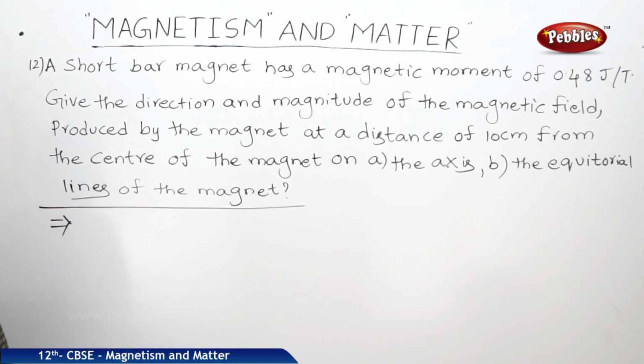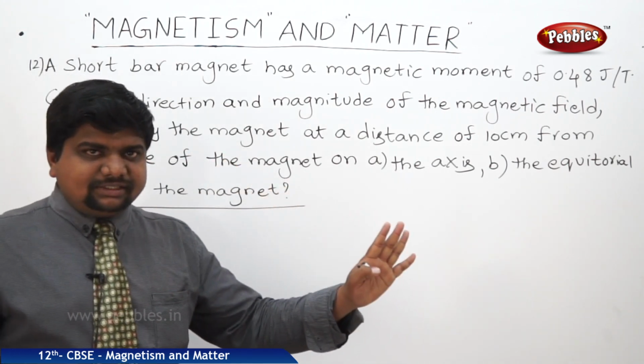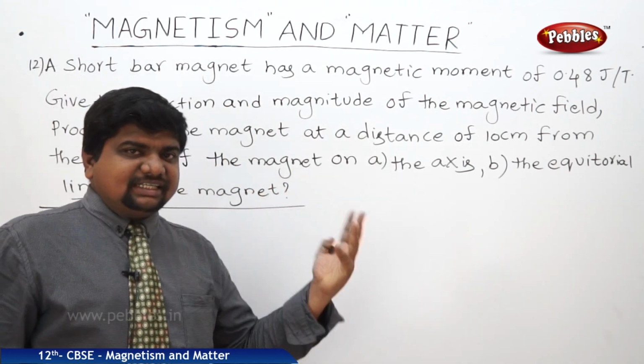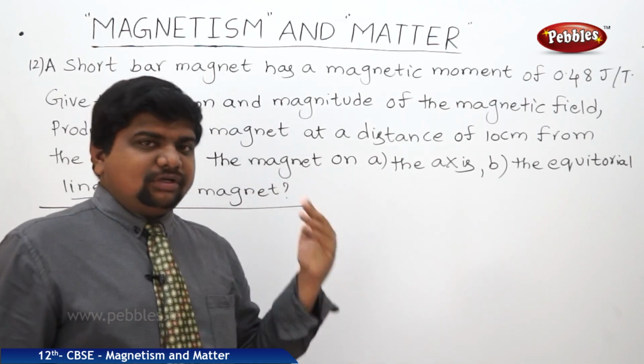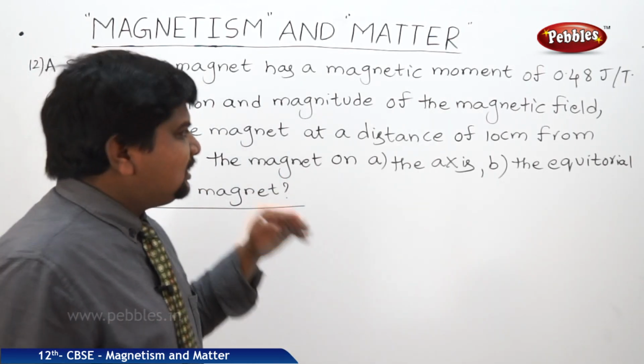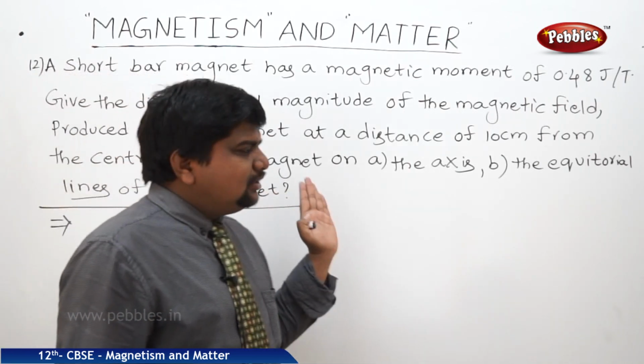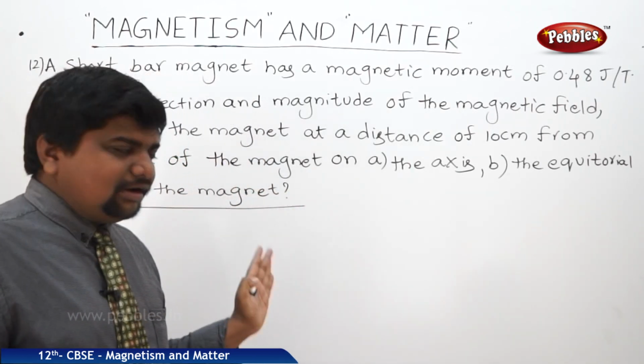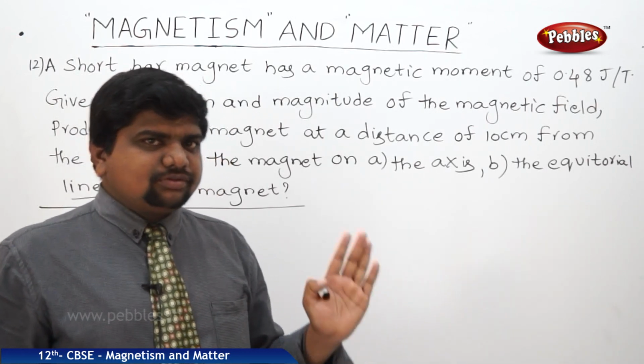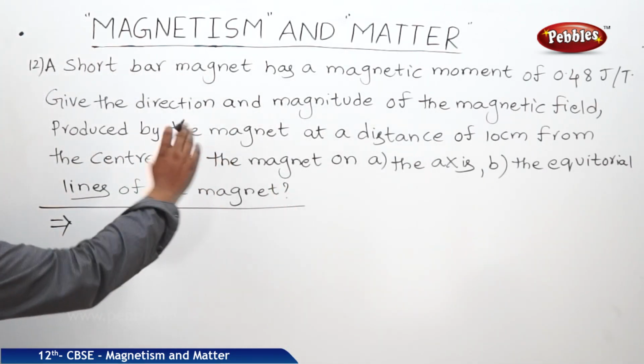So it is freely suspended, that's it. There is no variation in the direction. The magnet is not rotating in a circular path. In that case, we should think about the direction. When no special case is mentioned, we can think the magnetic field is along the north and south direction only. So for this case, we should write the values.